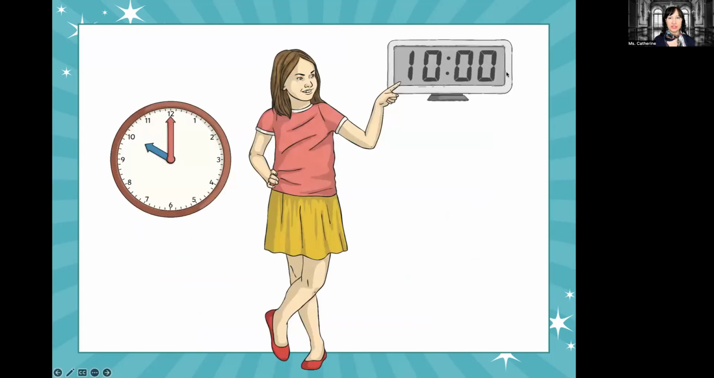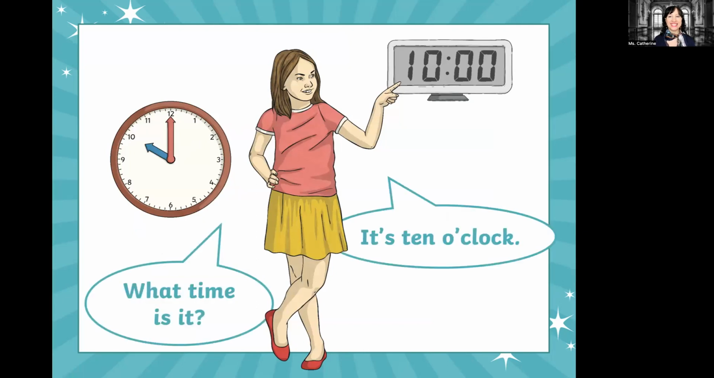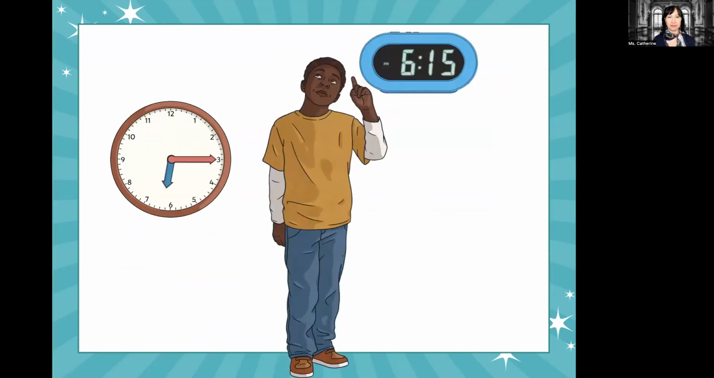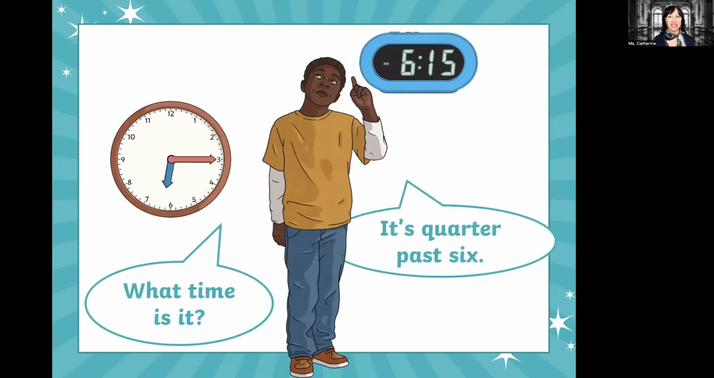Okay, now we see digital and we see analog. What time is it? It's 10 o'clock. Are you saying these with me? Let's say it together. What time is it? It's 10 o'clock. What time is it? It's